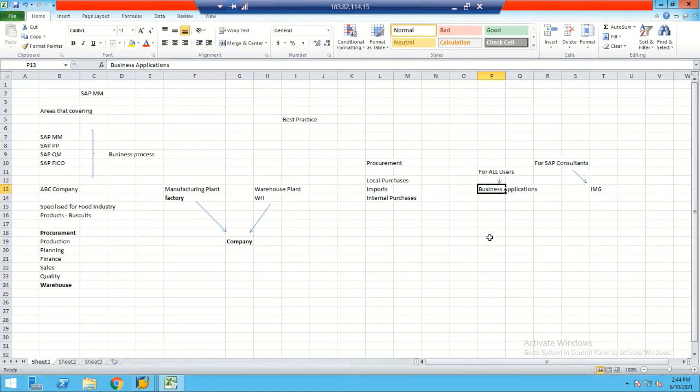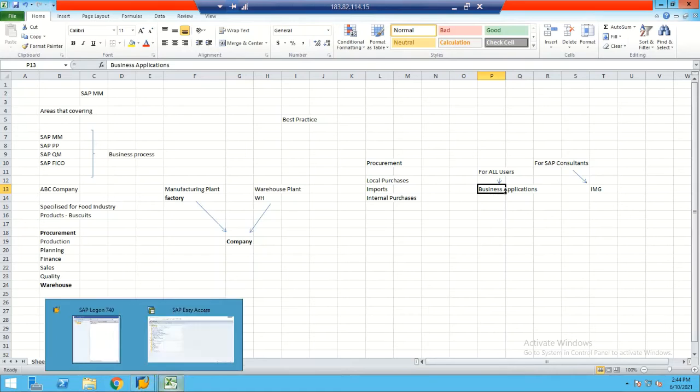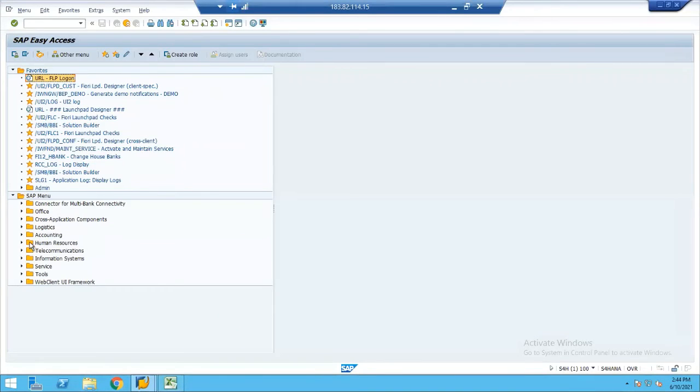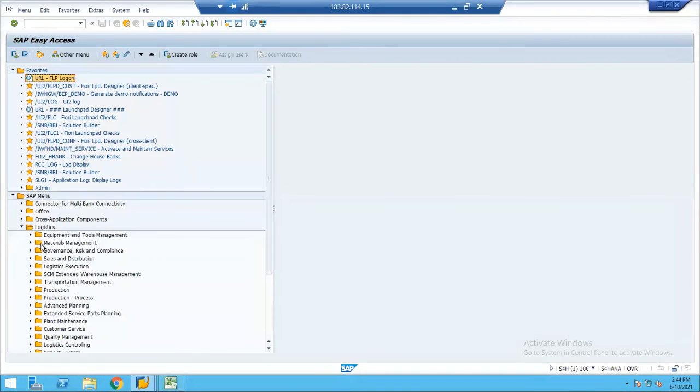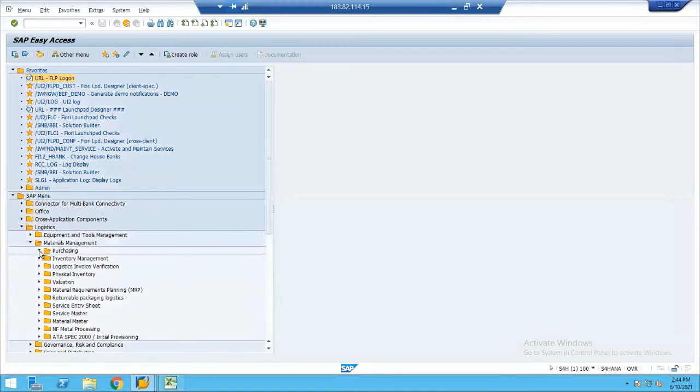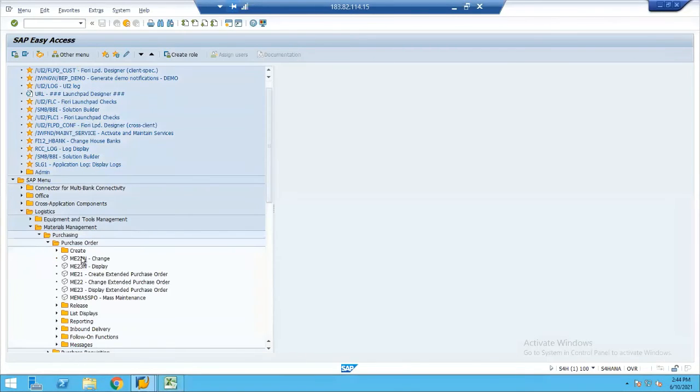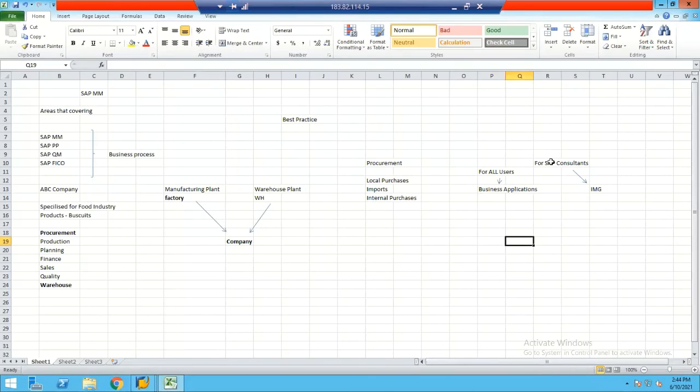What do you mean by business application? Here you have how to create a PO, which means purchasing. Client, which means how to create a PO, how to create a PO release and all. But there is a specific thing which is unique for a consultant, which means IMG. What do you mean by IMG? IMG means configuration platform.